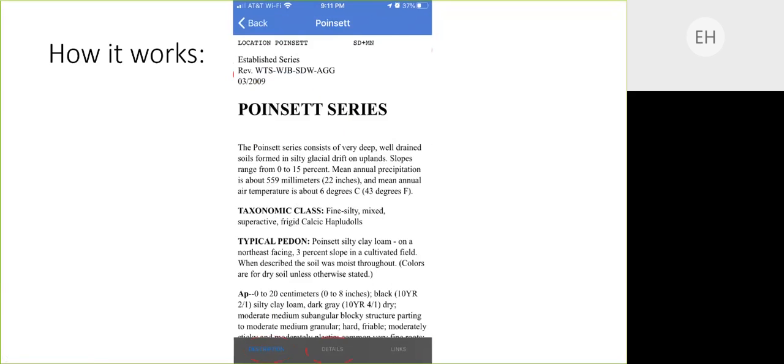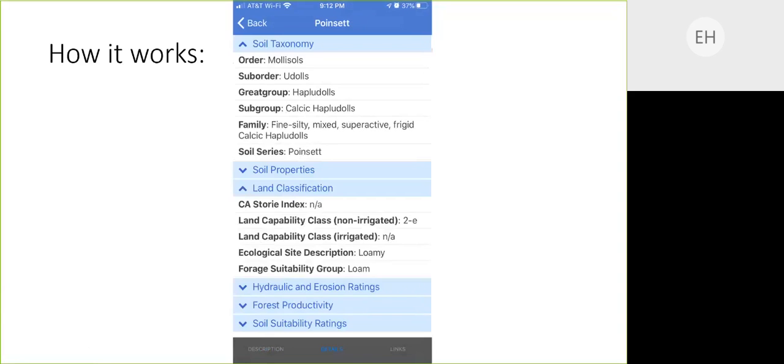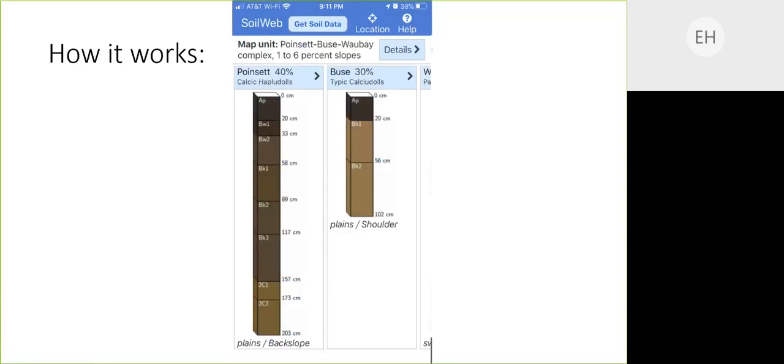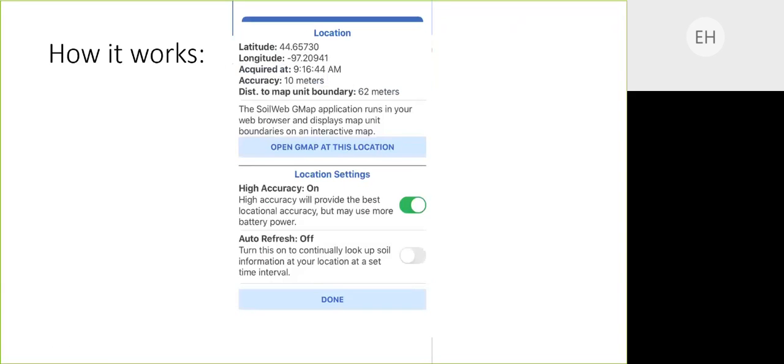Then you can click on Details down at the bottom, and that'll give you information on soil taxonomy, soil properties, land classification, all those things. And this is all pulling out of Web Soil Survey. And then the other, if you want to see a picture of where you're standing, kind of like on Google Maps, you click on this location button, and it'll give you a lat long and accuracy. But then the GMap application is the web browser part, so you can open GMaps from the web,